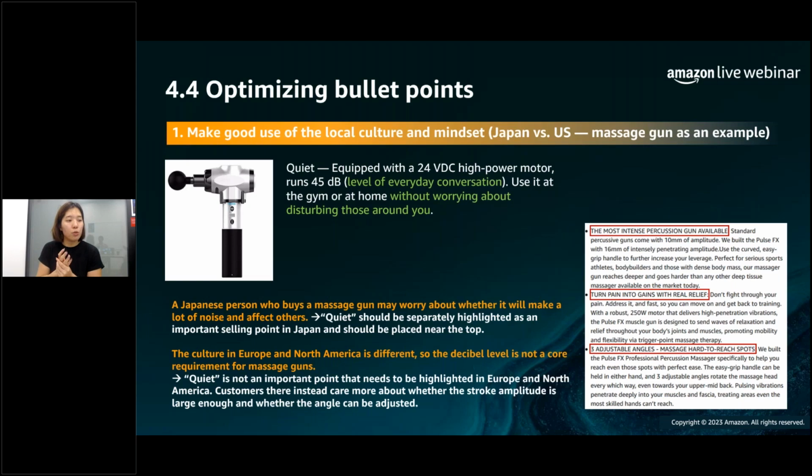That being said, straight away we say quiet, equipped with a 24 DDS high power motor, and it runs at 45 dB, which is the level of an everyday conversation. That's amazing, right? So you can use it at the gym, you can use it at home, and your partner sitting next to you, you can still use it. In this case,